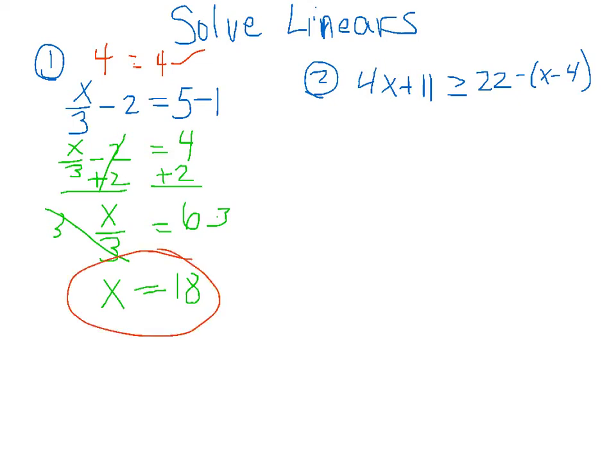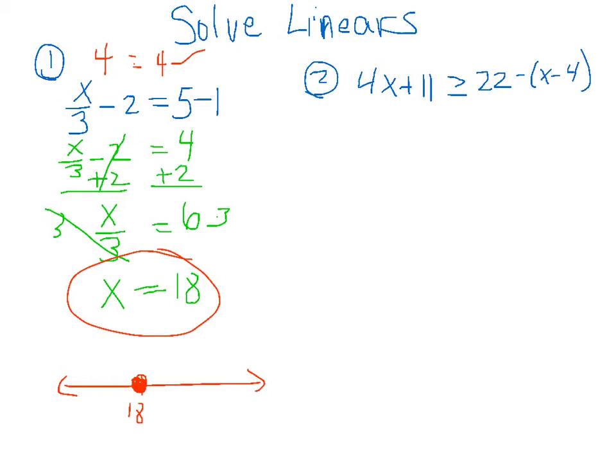If it wants you to graph this on a number line, here's our number line. X is only equal to 18, so there's only one answer here. So at 18, x is equal to it. We're going to put a closed dot at 18, showing that x is equal to 18. Our second problem that we're going to look at